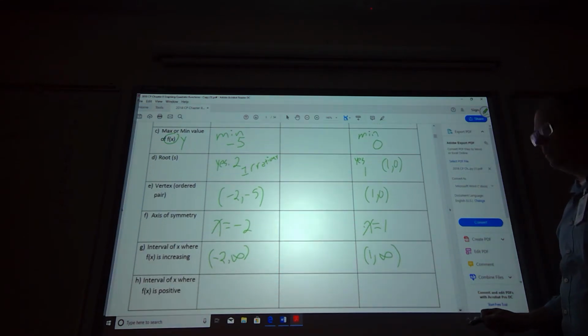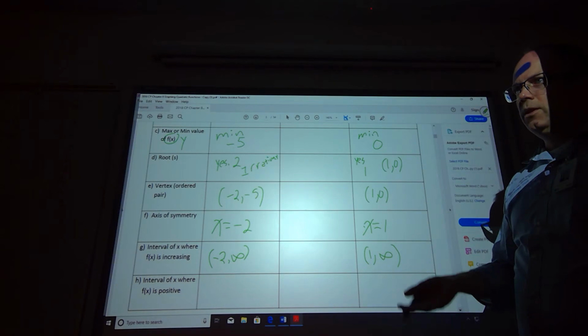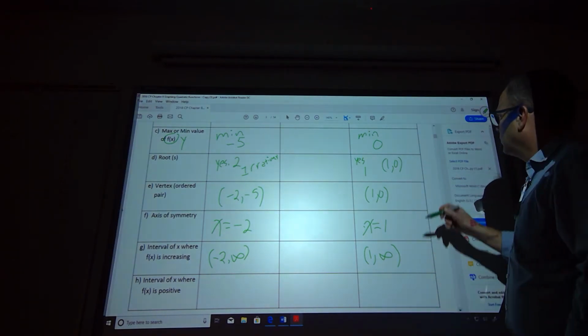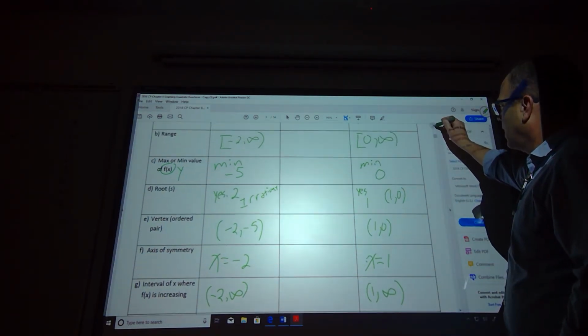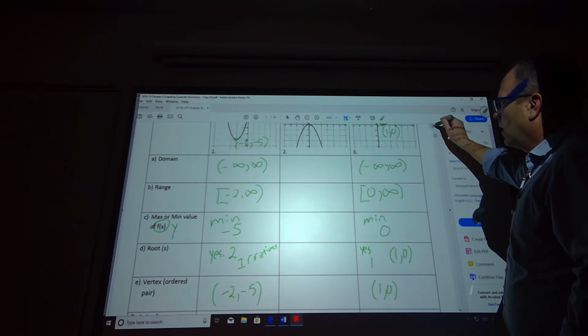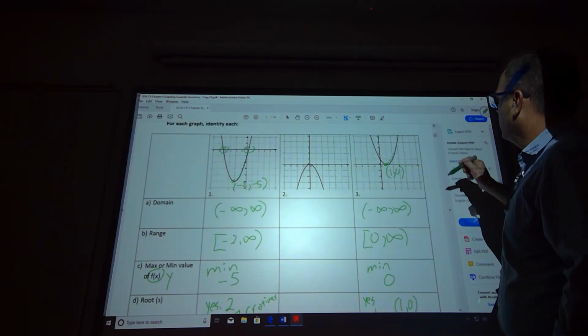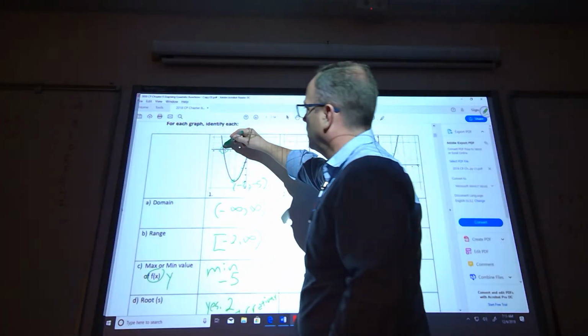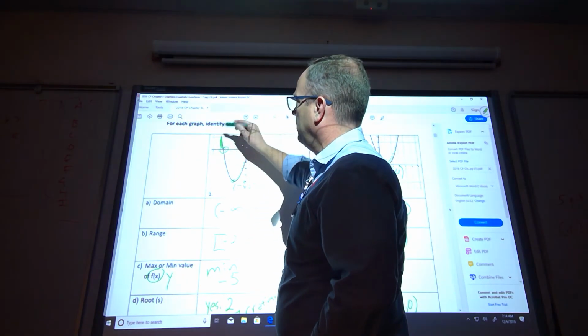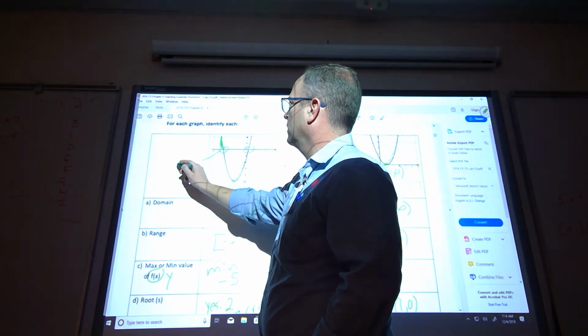And the interval where it's positive, that means, where's it positive? It means it's above the x-axis. So we have to go back and take a look at our graph. Where is our graph above the x-axis? Well, it's above the x-axis here. So we're going to have to estimate that. So we're going to have to maybe estimate that as like